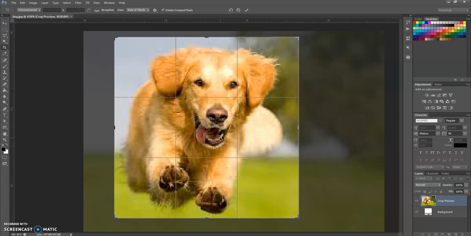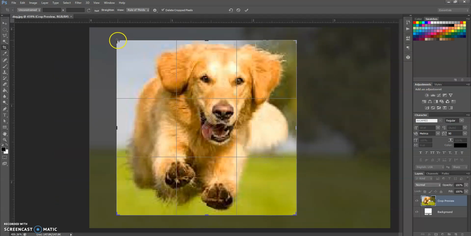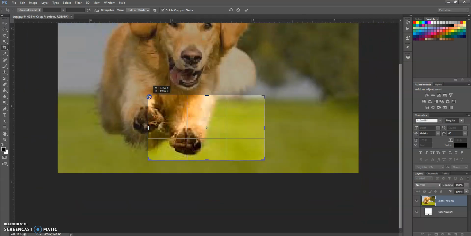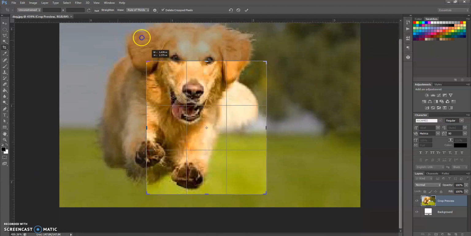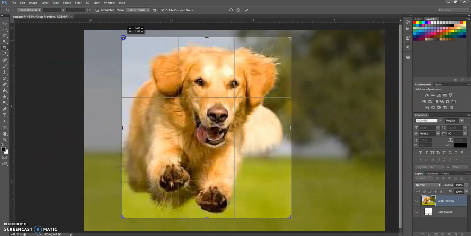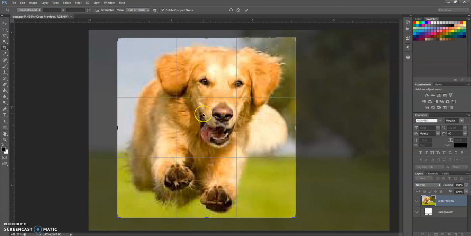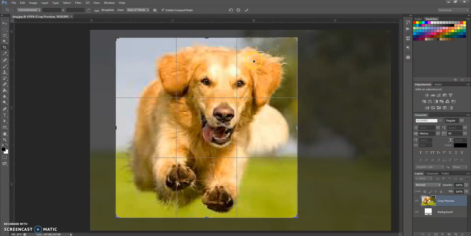So as I was saying, I'm actually going to cancel this and just do it one more time to show you. When you have an unconstrained crop, what happens is when you click and drag, you can actually manipulate that even further, and you can see how nothing is constrained right now. You can make it skinny, you can make it fat, you can kind of really roll it all around if you want to, and it's all fine and dandy. So if you get it to a place where you like it, if you like the crop for whatever your picture is,